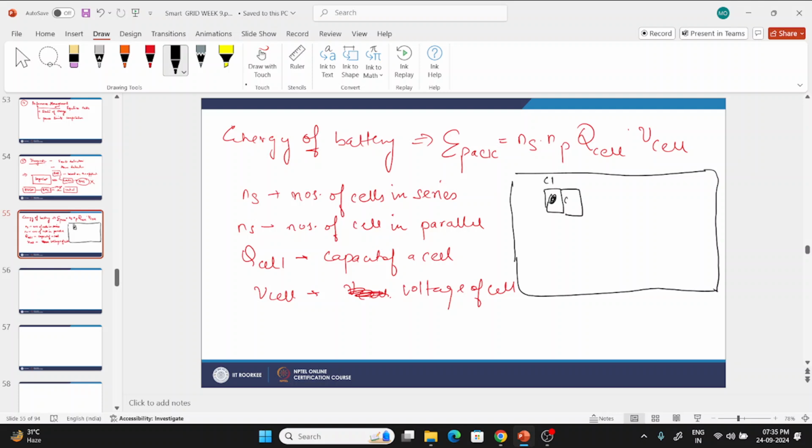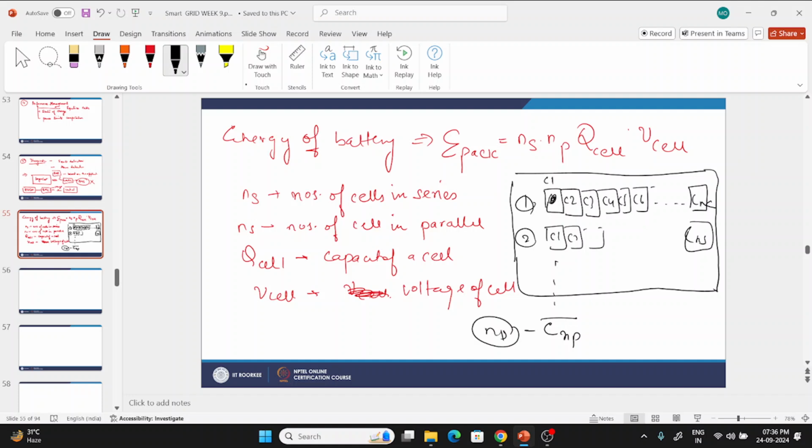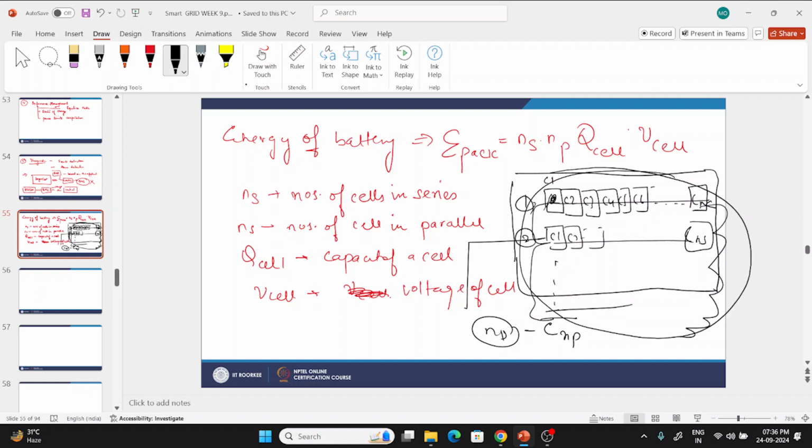लेट्स से दिस इज C1, this is C2, C3, C4, C5, C6। इस तरीके से यहाँ तक ये लग गए, सब C1 से C_NS तक। अब यही पूरी लाइन रिपीट हो सकती है, C1, C2, C3, C_NS, और ये NP तक रिपीट हो जाएगी। तो इस तरीके से ये 1 है, ये 2 है, ये NP। नंबर ऑफ सेल्स इन पैरेलल जितने आएंगे वो हम लगा लेंगे। सभी आपस में कनेक्टेड हैं, और ये दिस ऑल गिव अ वन पैक।